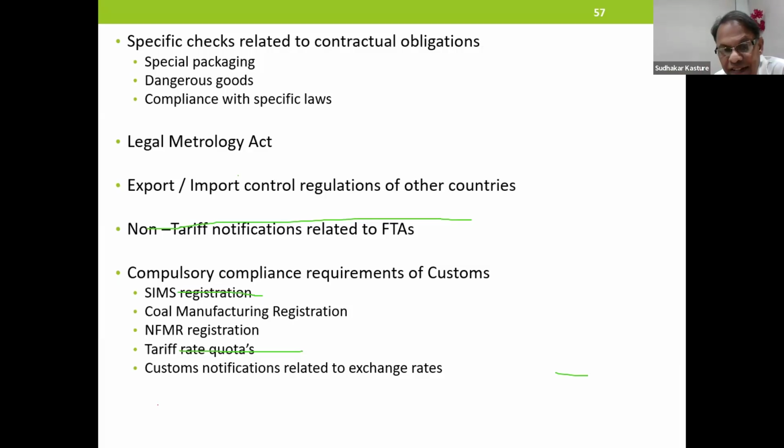You must also notice customs notifications related to exchange rates, because whatever your remittance may be, the bill of entry has to be filed based on declared customs exchange rate notified, normally every month, sometimes 15 days as well. If the currency is fluctuating fast, then within 15 days also customs will issue a new notification.